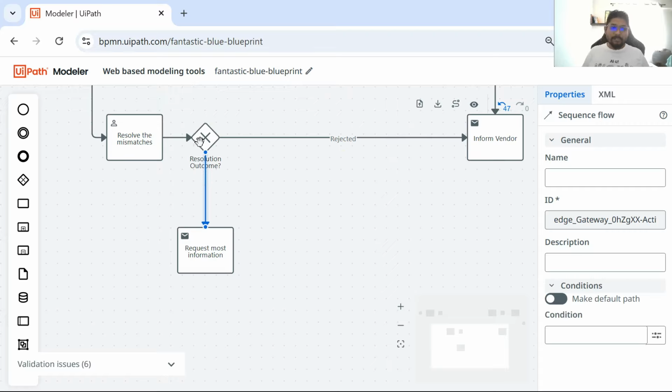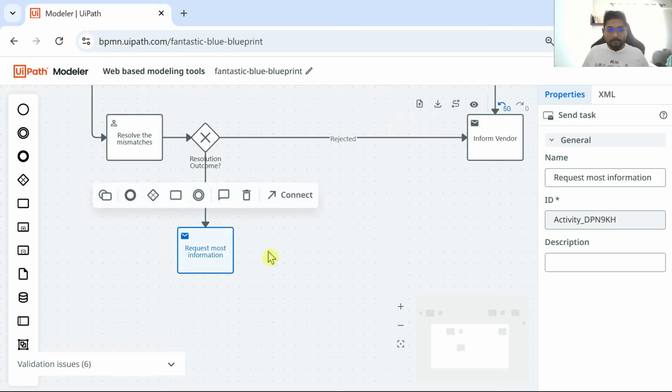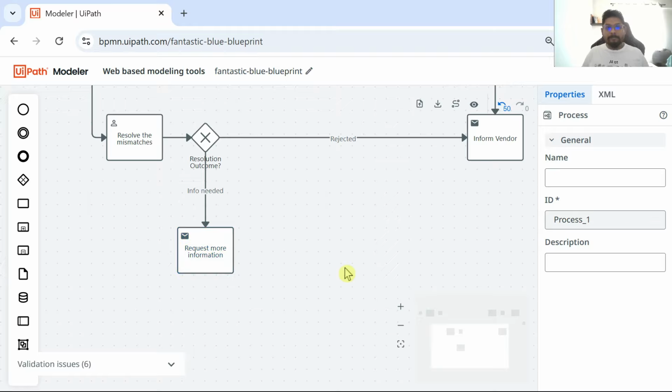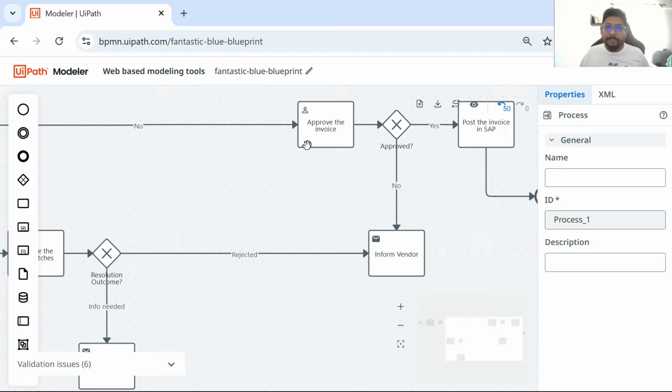At what this happens when it is rejected or needs more information. So in this one, you can say info needed, and request more. Not most, it should be more. Request more information. Now here in the case of inform vendor, when your invoice is not approved, you are